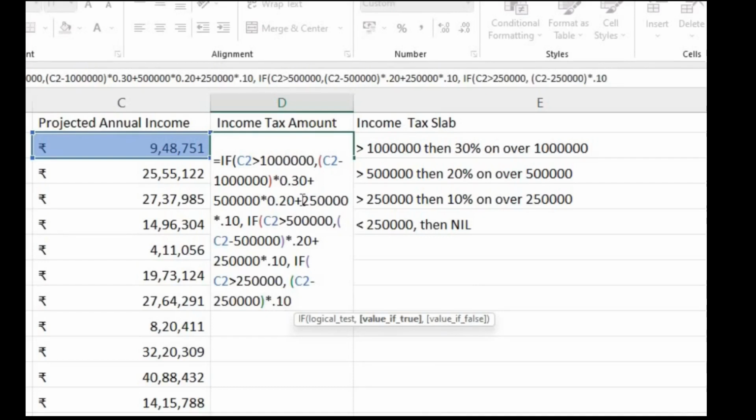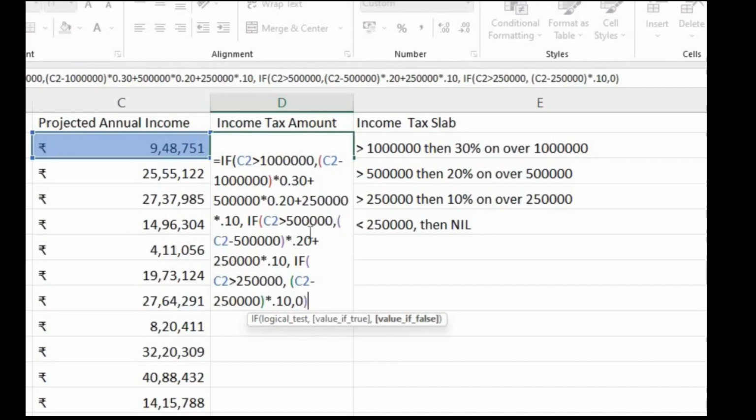And for values less than 250,000, there is no tax, so it will return 0. In place of 0, we can keep double inverted commas. We can put nil or write ZERO.